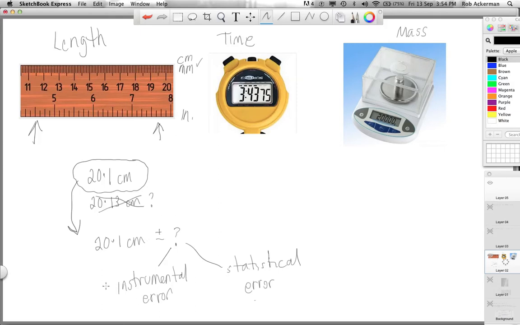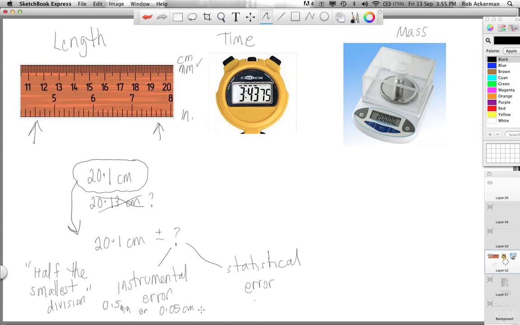First, we're going to talk about the instrumental error. As a general rule, the instrumental error is half of the smallest division of the measuring device. So if you're using a ruler that measures to the nearest millimeter like you see up here, then half the smallest division would be 0.5 millimeters or